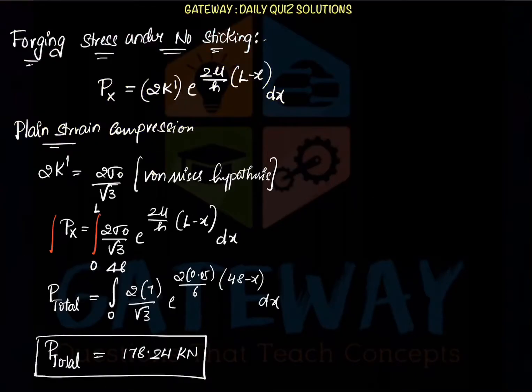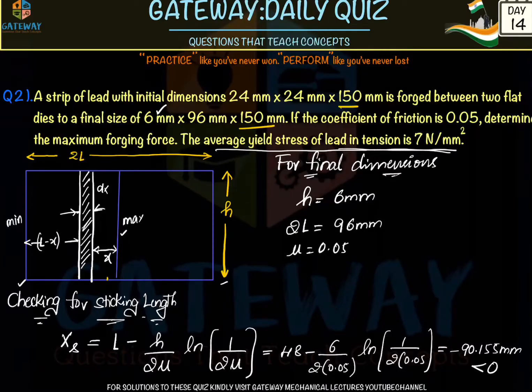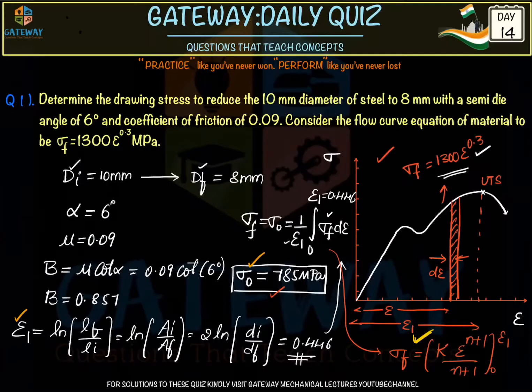Once or twice, if you practice the derivations and remember all the formulas, sort out all the formulas on a sheet, and revise whenever you have time, then it will be very easy to solve these questions. These questions are really straightforward. There is no logic involved. You just need to know the formula and what the terms in the formula are. And the main important thing, before starting forming, is to know what exactly plane stress and plane strain are. Plane stress and plane strain are not the same, they are different.